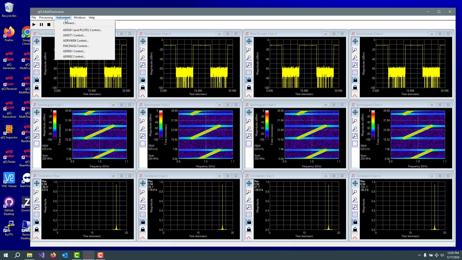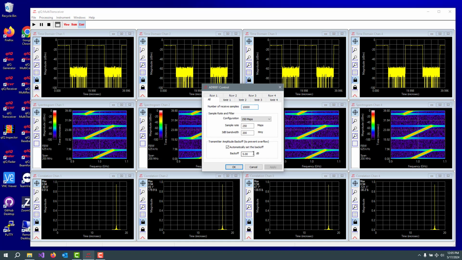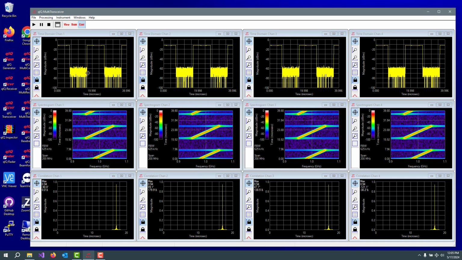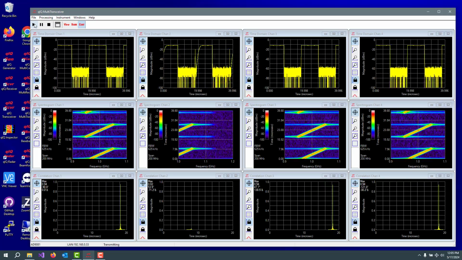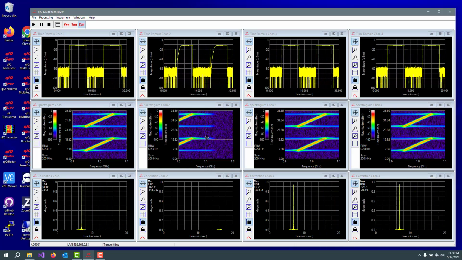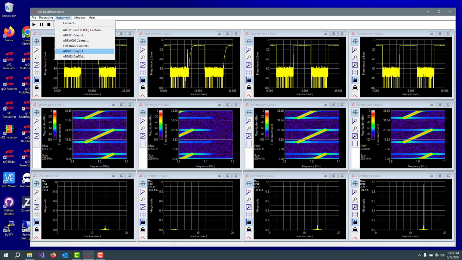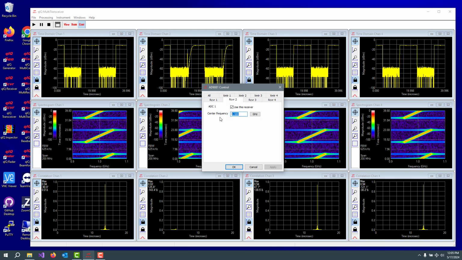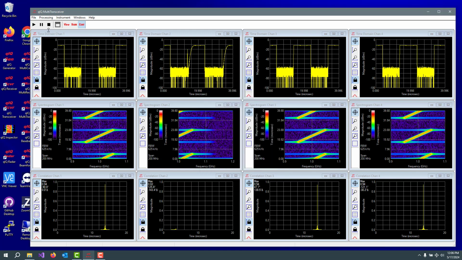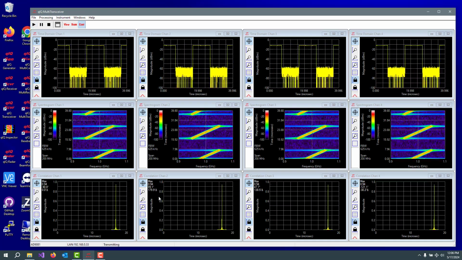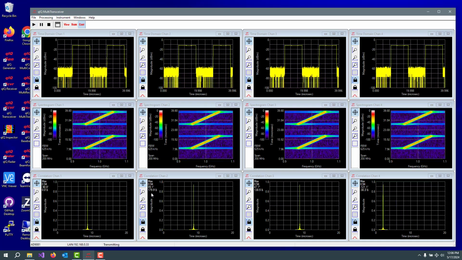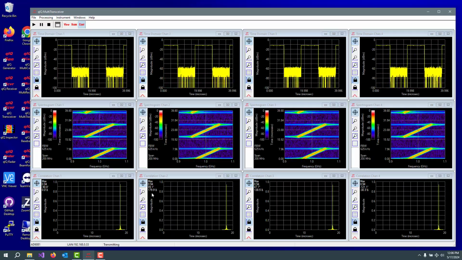We can even go in here and change the frequency and make receiver number 2 go to 1.1 gigahertz. So let's totally mess up its phase. It's not going to correlate very well because it's off in frequency. You can see that. It's not doing a good job. Now let's go back and set it where it was before at 1 gigahertz. And start it up again, and boom, it hops right back to the 179.9 degrees of delta phase compared to